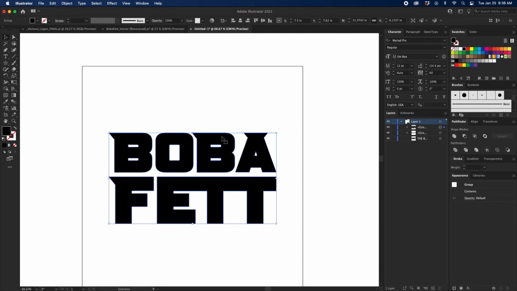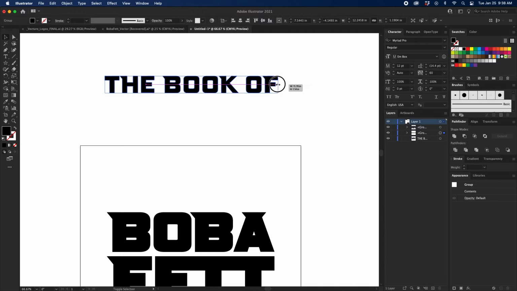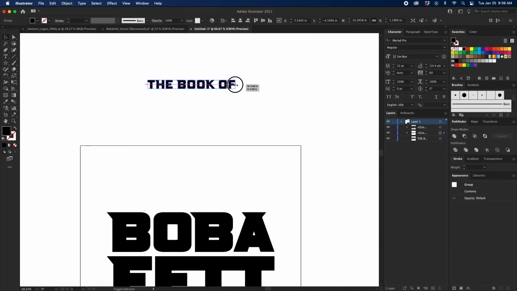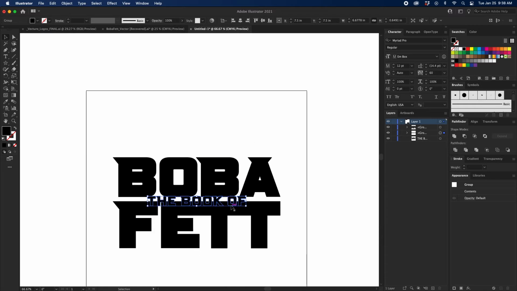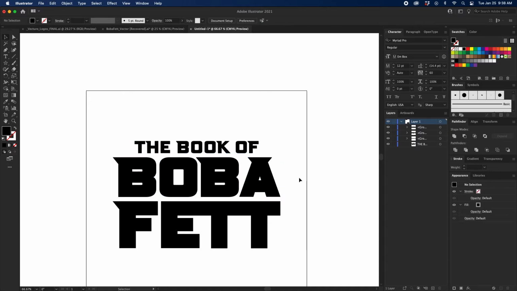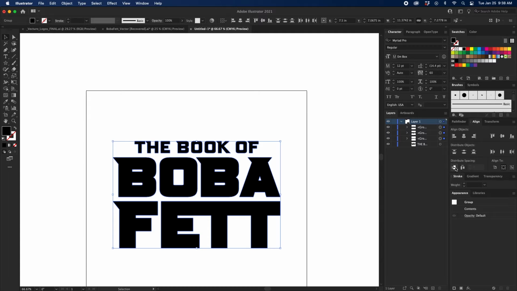All right. And then the book of, bring it down. Center that. Right there. It actually goes out about halfway to the B and like halfway to the A. So right there is good. Bring it up. Now we're gonna make sure the spacing between all three is nice and good. Go ahead and ungroup Boba Fett real quick. Select all three, go to align, and then make sure distribute space. There you go. So go back to group